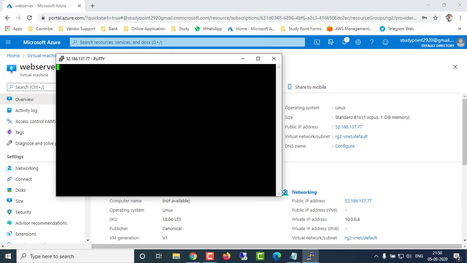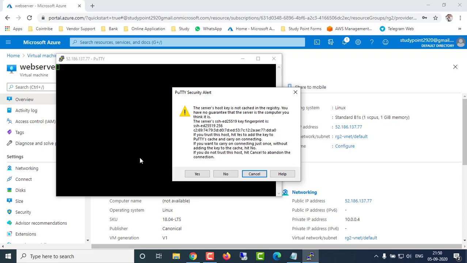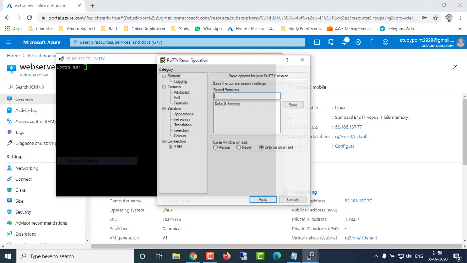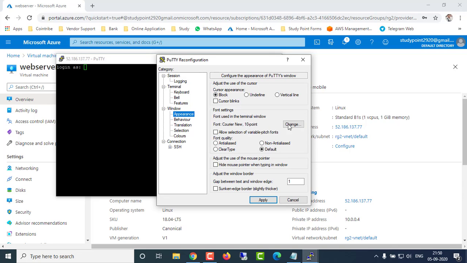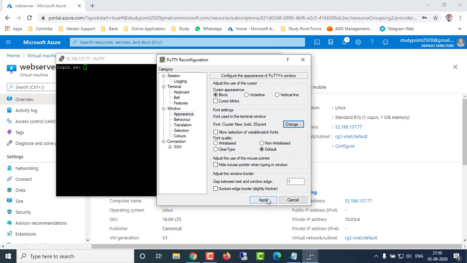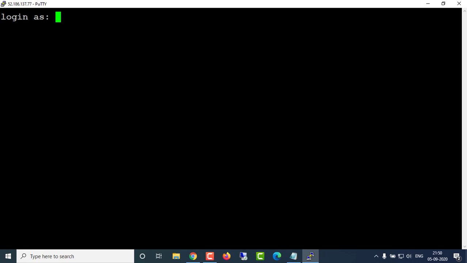We have set the username and password for that. Click yes. I'm going to change the font here so you can see the commands which I'm going to run. Okay, apply. Now I'm going to enter the username and password which I set while creating the virtual machine.